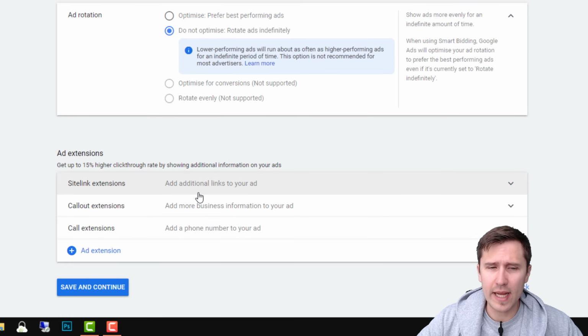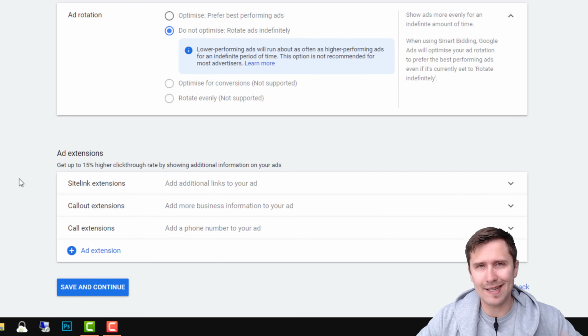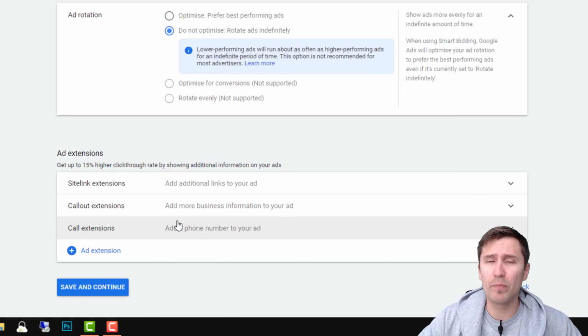Next, as we scroll down, we have these extensions. Now, these are not necessary, and I'm not gonna cover them in this video because it's gonna take us in a slightly different direction. However, if you do wanna know how to improve your ads and how to make them more visible and increase your click-through rate,